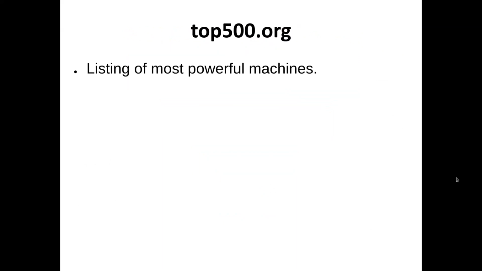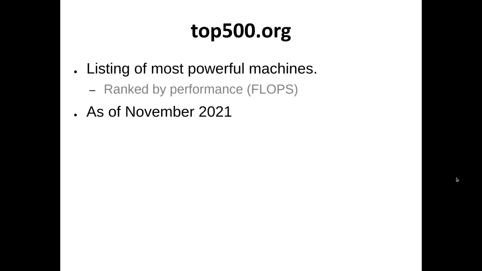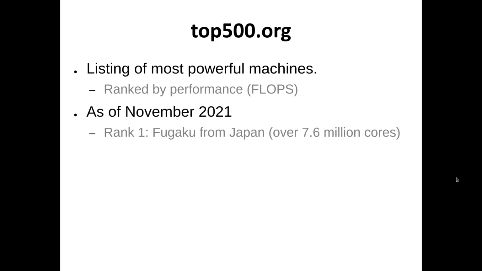So top500.org is a listing of the most powerful machines, essentially called supercomputers, in the world, and 500 such supercomputers are listed. You have already told which one is the fastest supercomputer yesterday. This list gets updated every 6 months, June and November. As you mentioned, flops is the measure that gets used, floating point operations per second. And as of 2 or 3 months ago, the Fugaku supercomputer, which has over 7.6 million cores,